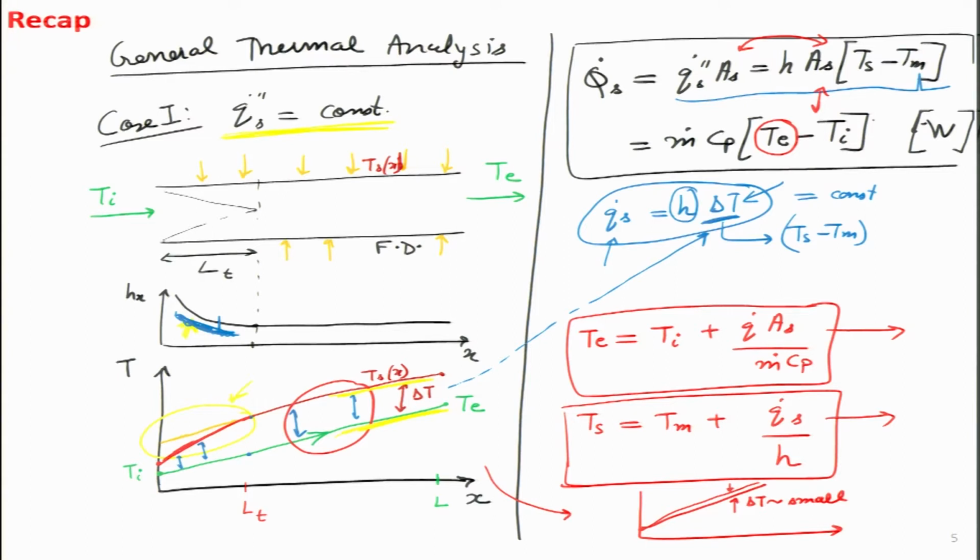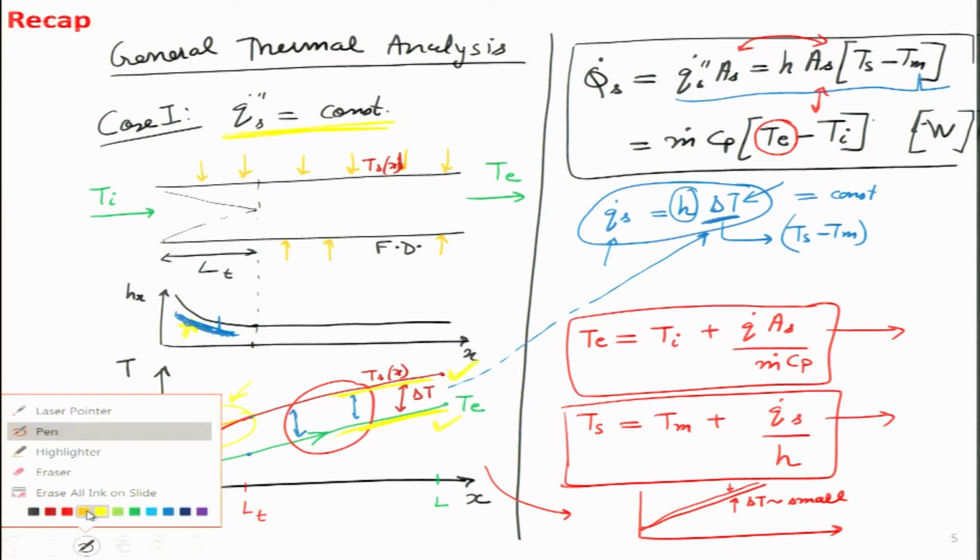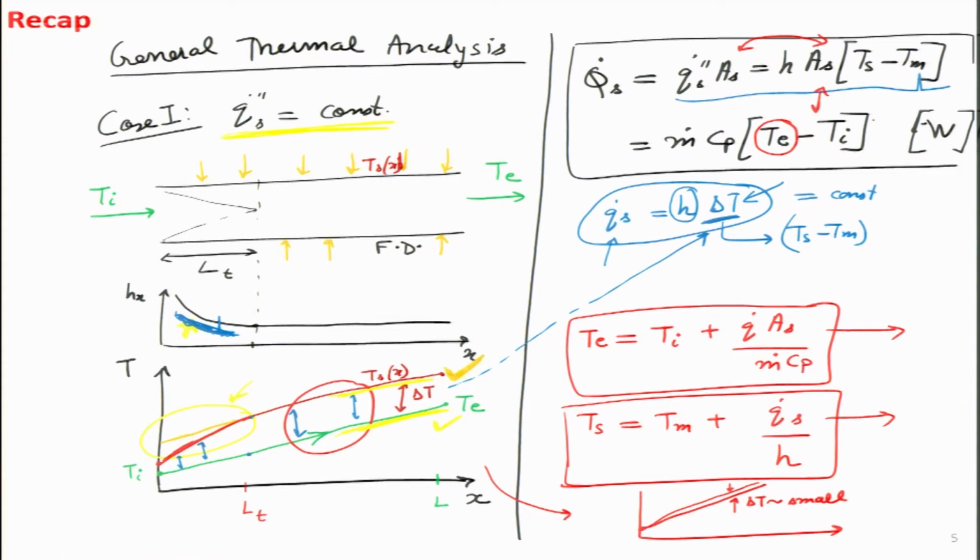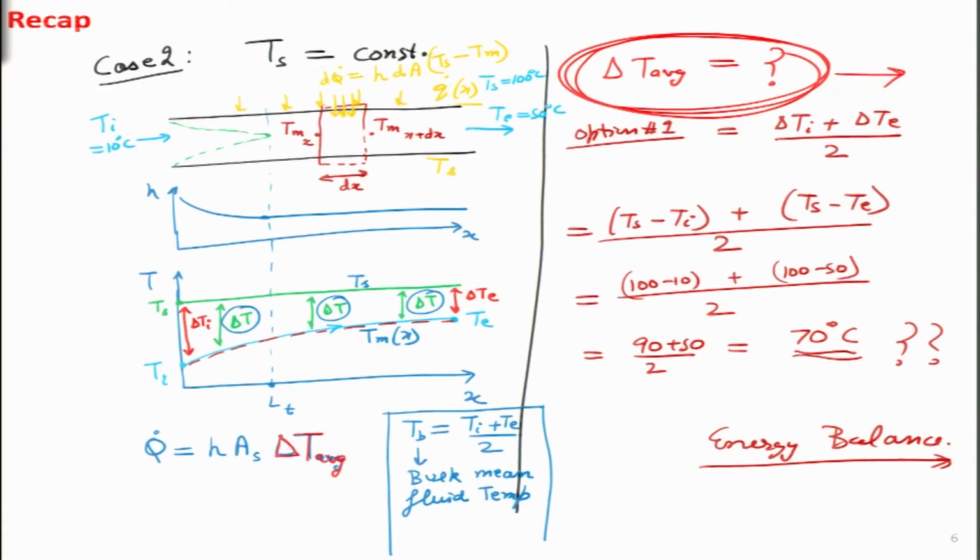If you look back at what we covered yesterday, we had done the general thermal analysis for both cases 1 and 2, and they helped us figure out that in case 1, the constant heat flux case, the slope for both these curves remains linear. If I use a darker ink over here, I can show with orange that the curves for Ts as a function of x as well as Tm as a function of x both retain a linear slope, and as a matter of fact their gradient term turns out to be a constant.